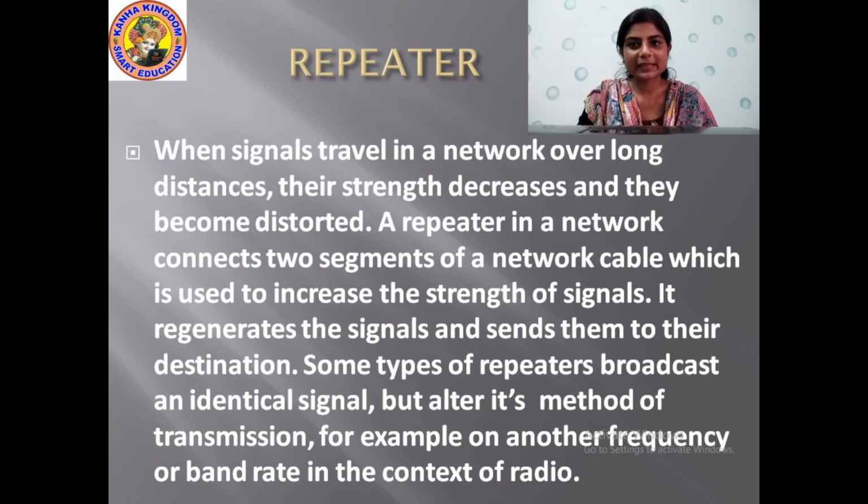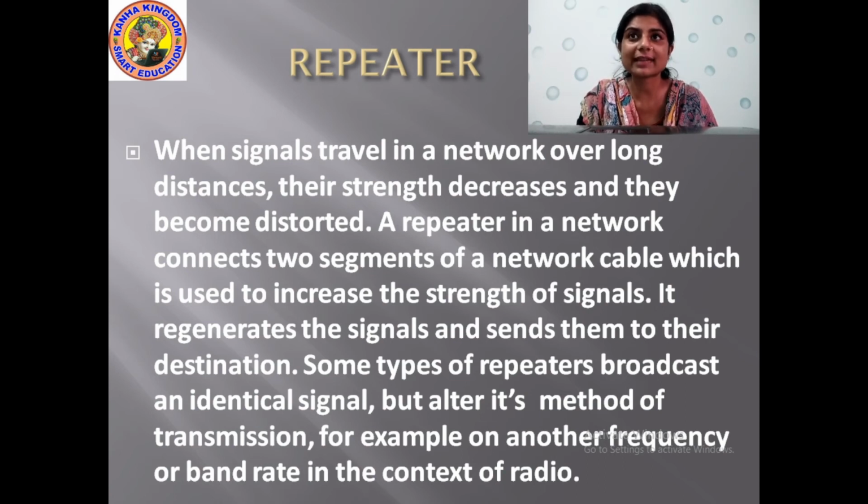And now students, what is a repeater? What is this repeater component used by a computer network? When signals travel in a network over a long distance, their strength decreases and they become distorted. Yes or no? When data or signal travels a long distance in a network, the speed or strength of the network may decrease, and it gets distorted. Then a repeater in a network connects two segments of a network cable and is used to increase the